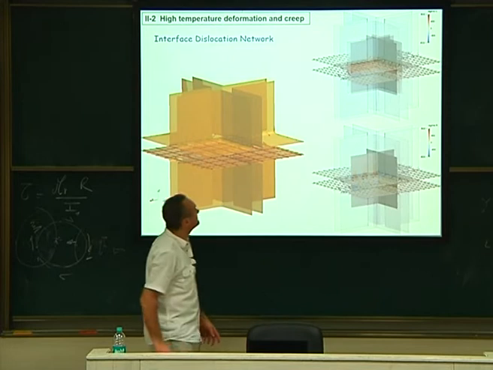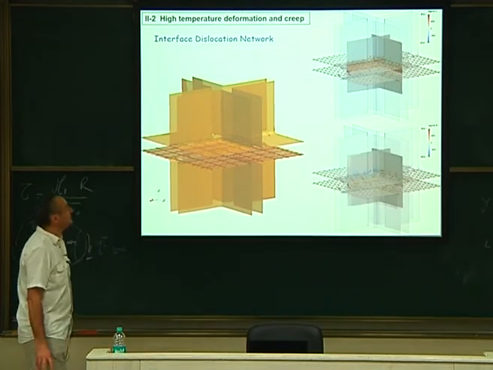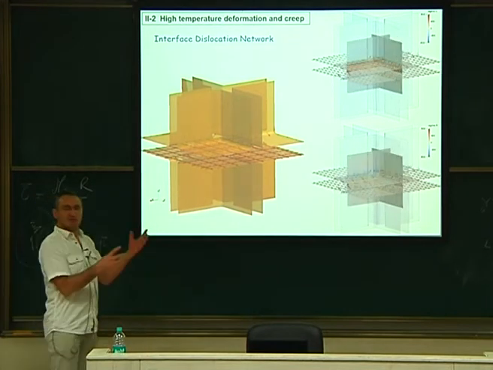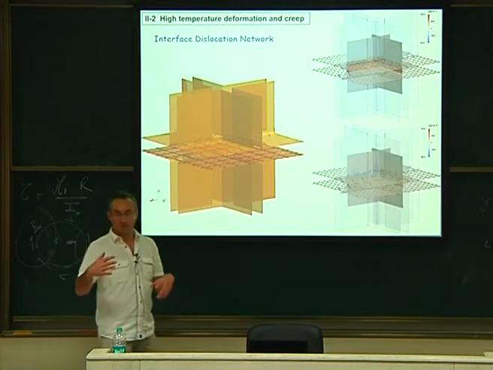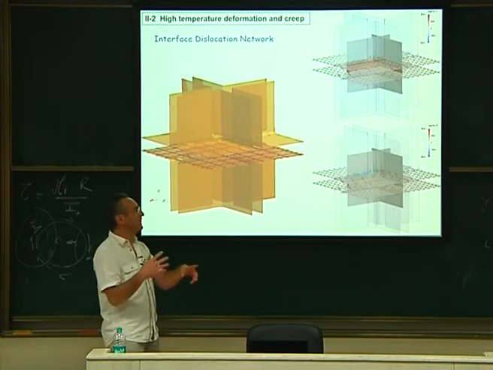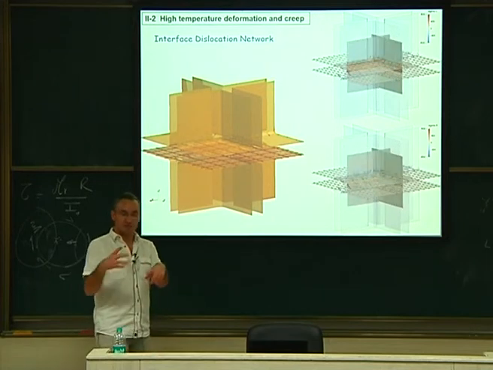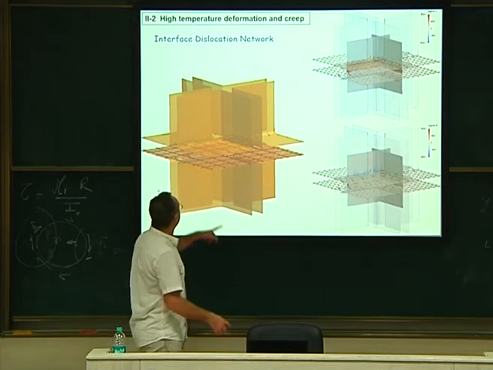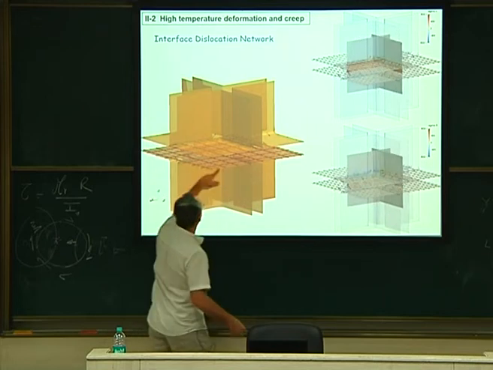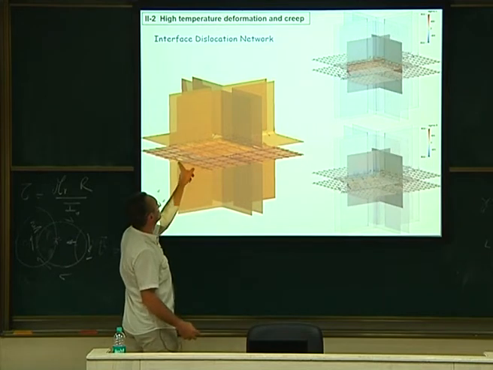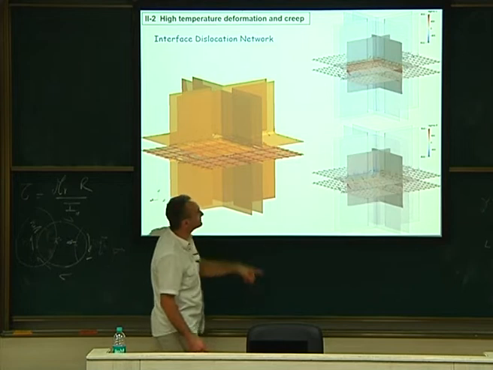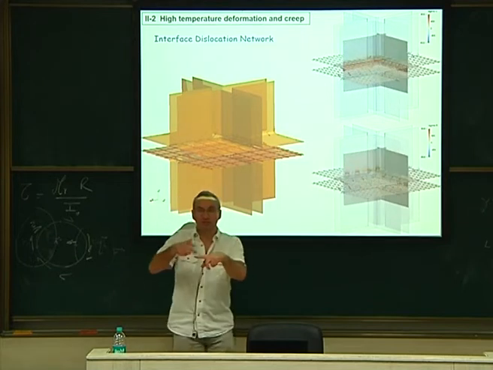And this is another thing that I finally did. I can say, okay, now this was my DD code, my simple 3D code, so I don't have the nodes, I'm not able to do climb easily, so I don't do it with climb. So I say, what happens next when the dislocations at the interface are exactly rectilinear, like that, along the 100 direction. So I put a network of dislocations so that they exactly accommodate the misfit.